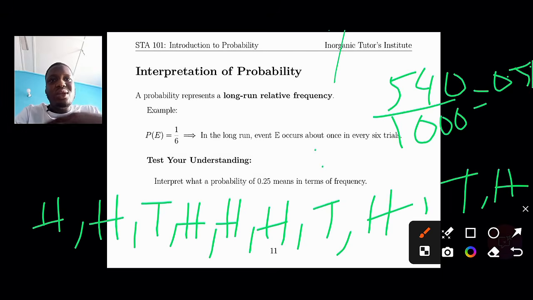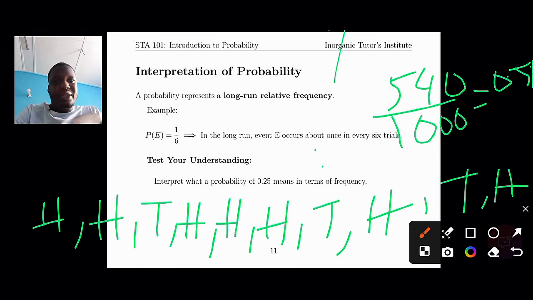So what I'm saying is, when you continue to do and do, you realize that both of them will be approaching 0.5. Yes, that's what we term as long run relative frequency. When you do the experiments continuously, the probability approaches